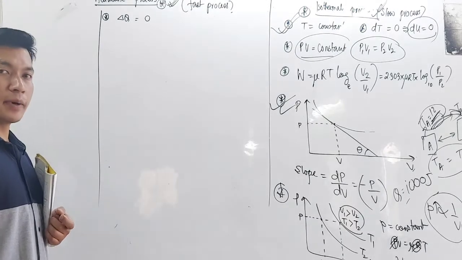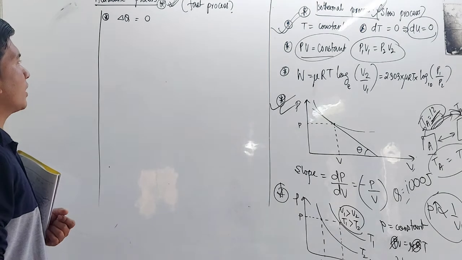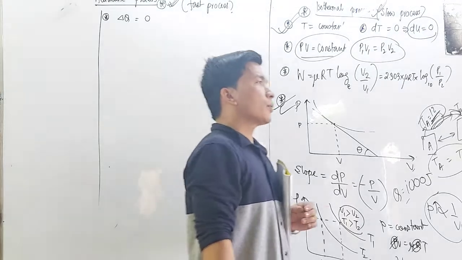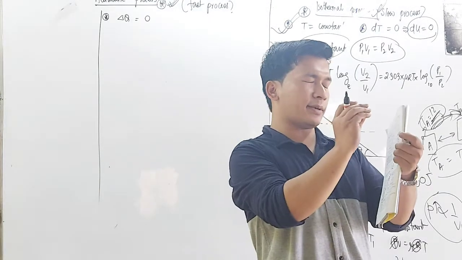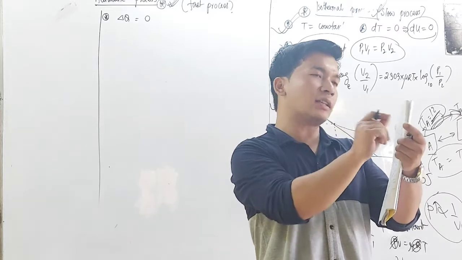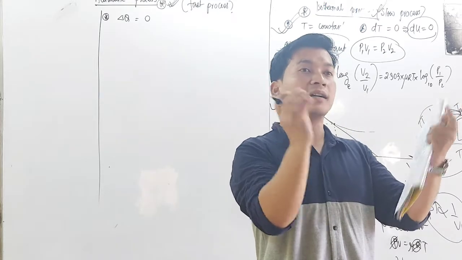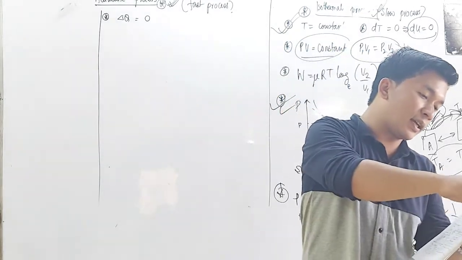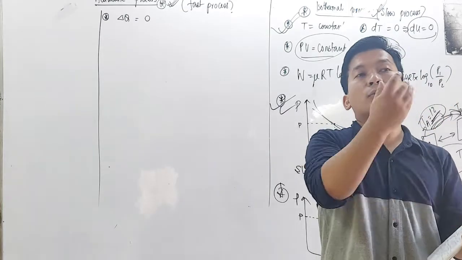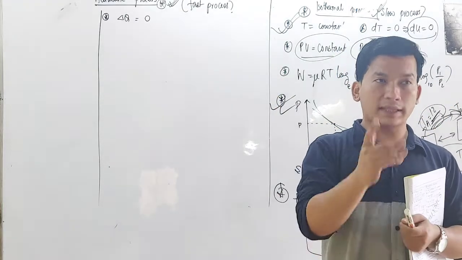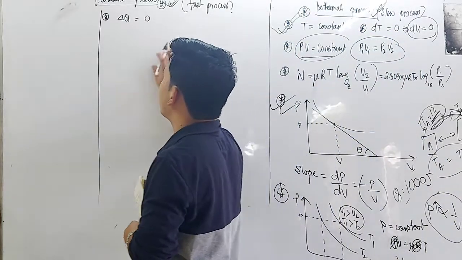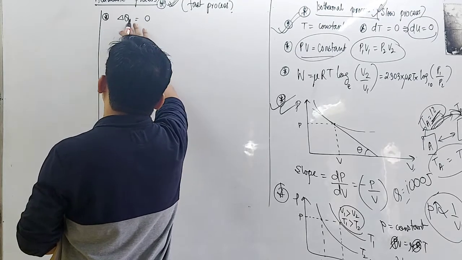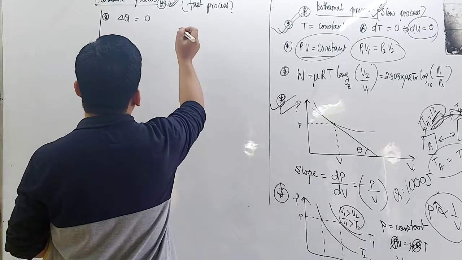Can you give an example here? An example of an adiabatic process is very simple, like a balloon bursting with a sharp pointed pin. Adiabatic process is a very quick process and there will be no time for heat exchange between the system and the surrounding. The best example will be